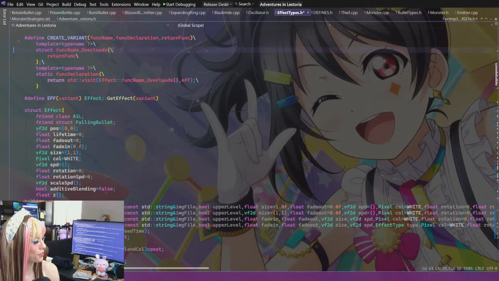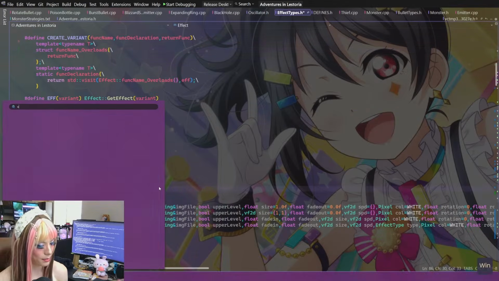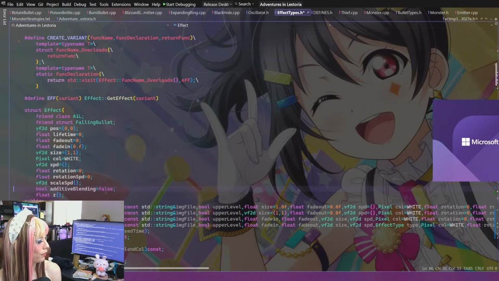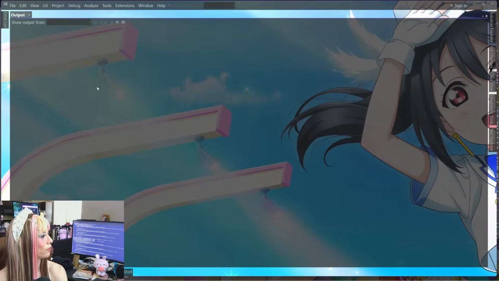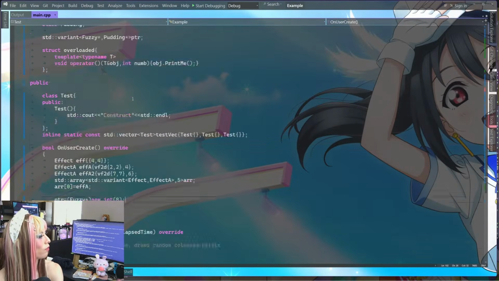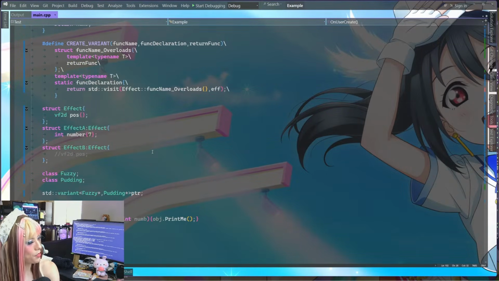I'm not sure to what extent I'm supposed to put the template keyword here. So let's just go back here real quick.